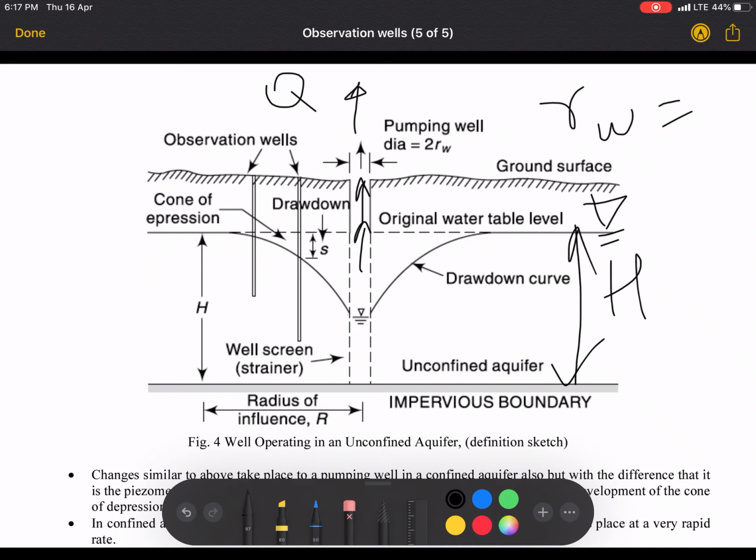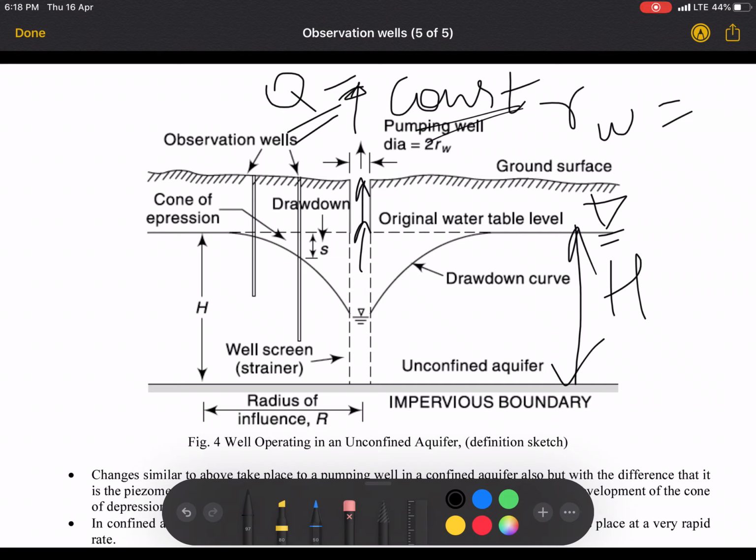So as we are drawing the water, initially it will be less, then the more energy we put in, the more water we extract. But after some time, the Q will become constant. We are not able to extract more water per unit time; the discharge will become constant. Let's say some particular 100 liter per second. So that is the yield of that well.